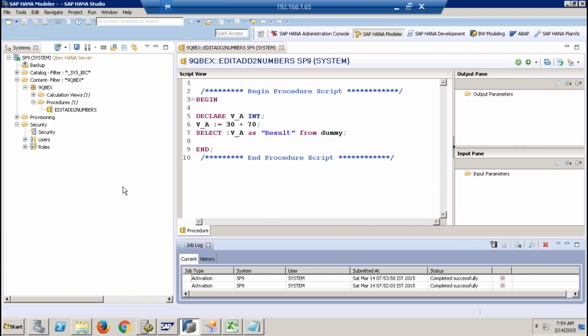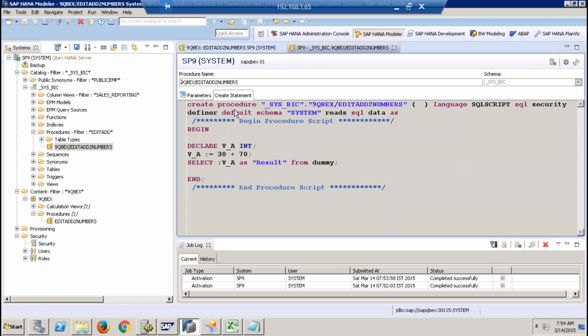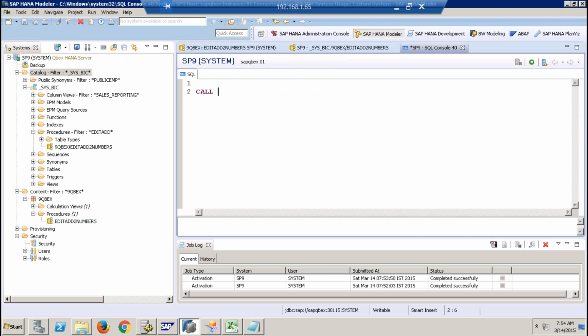When I redeploy, again it changes the existing procedure definition, the runtime definition. It becomes 30 and 70. And if I call this procedure by saying call,